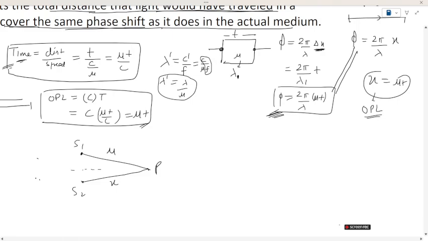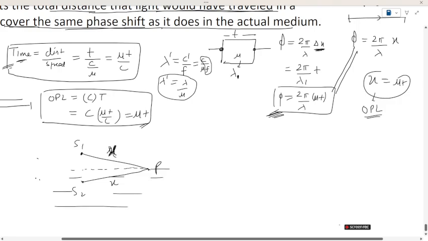But this lower half is covered with refractive index mu. Let's suppose this is filled with some liquid of refractive index mu. And we have to find the path difference at P. So we will write S2P minus S1P. Now I will write S2P not as x,